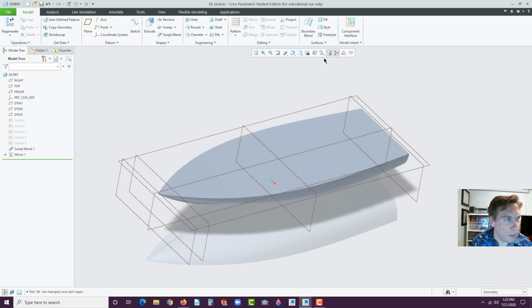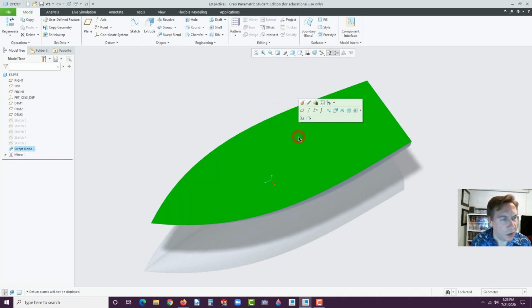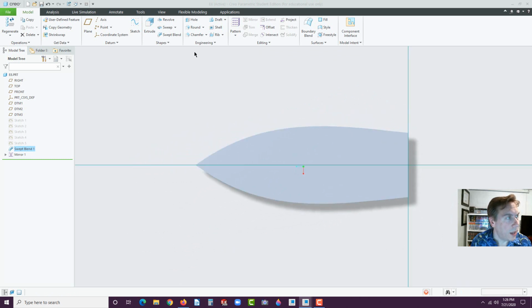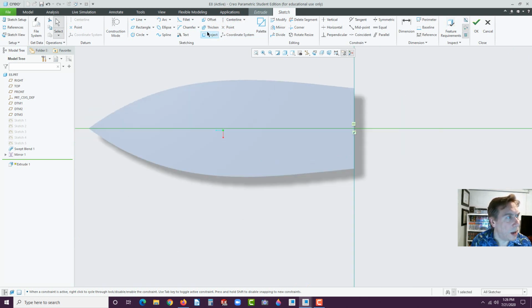Now that we have that, I'm going to turn off the planes here again. I want to make the cabin area. So I'm going to select this face. I'm going to go to extrude. Now I'm going to go ahead and draw a center line, a horizontal center line, right through the center there. And now I'm going to go to, let's use center and ends. Click and drag this out, and right about, let's see, the cabin's going to be set back a little bit. So right about there, click and drag it across,